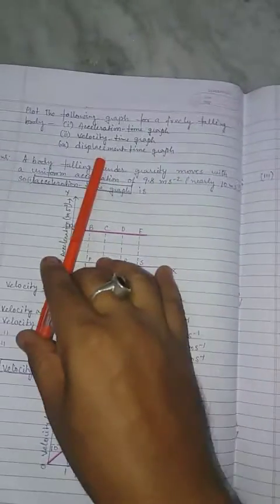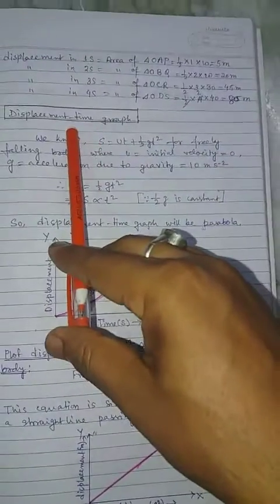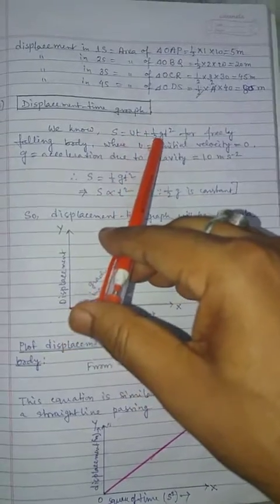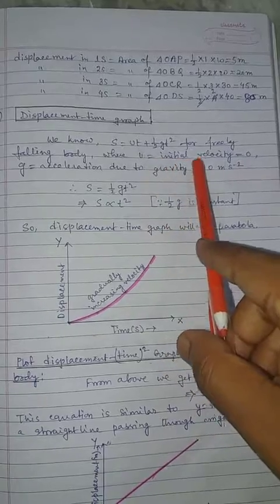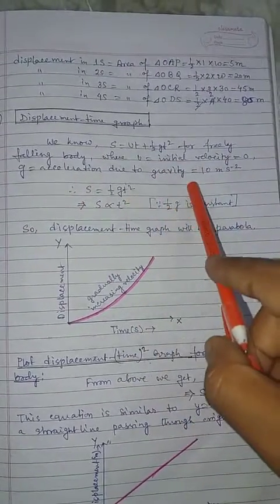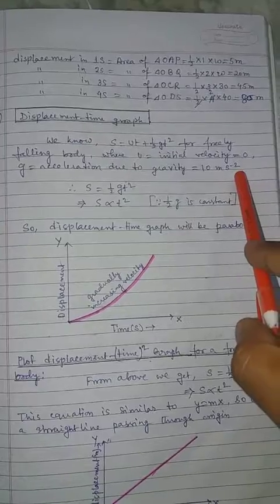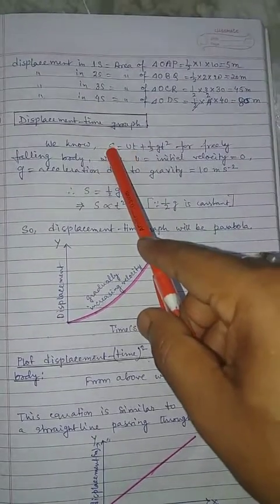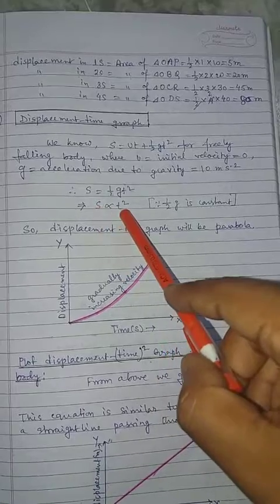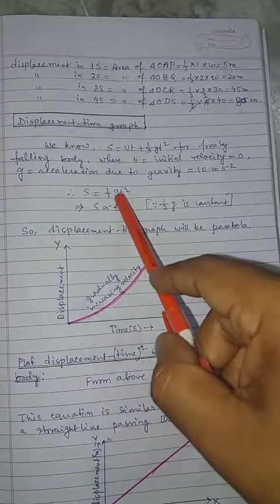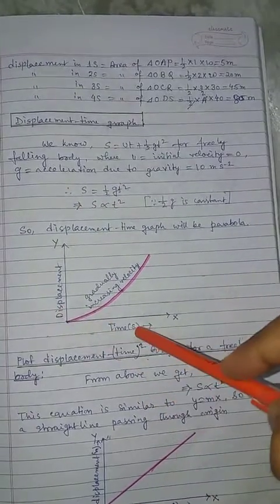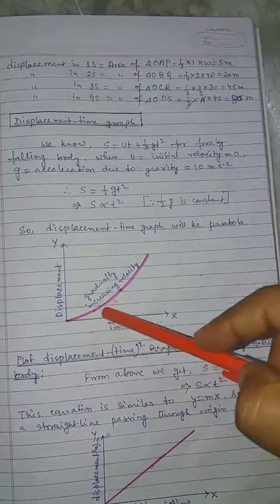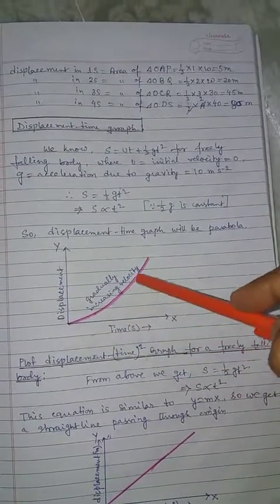Now we plot the displacement time graph. We know S equals ut plus half gt squared for a freely falling body. Here the initial velocity is 0, and g, the acceleration due to gravity, is 10 meters per second squared. Therefore, putting u equal to 0, we get S equals half gt squared, that is, S varies as t squared. If the relation is S varies as t squared, then plotting displacement versus time we get a parabola, with velocity gradually increasing,